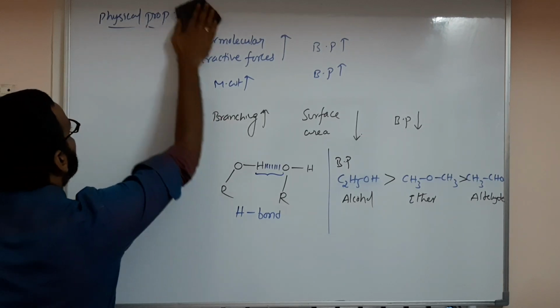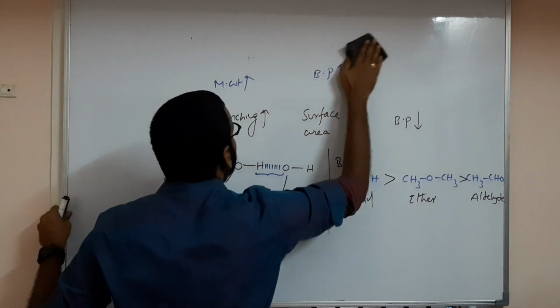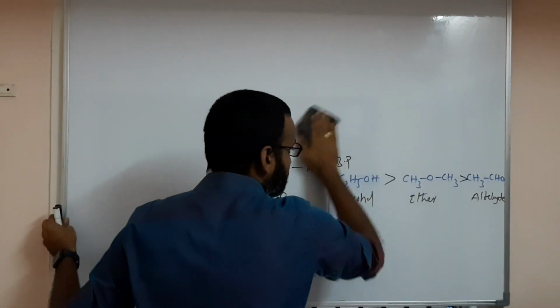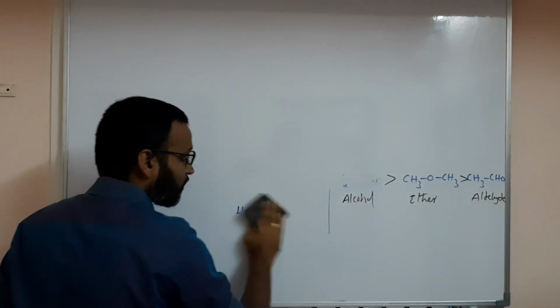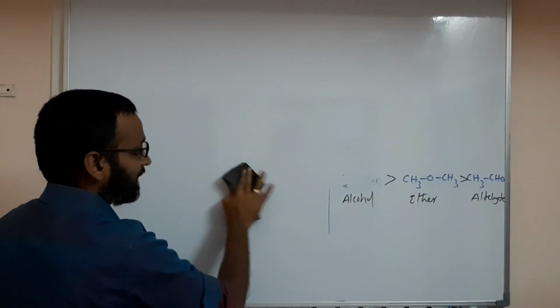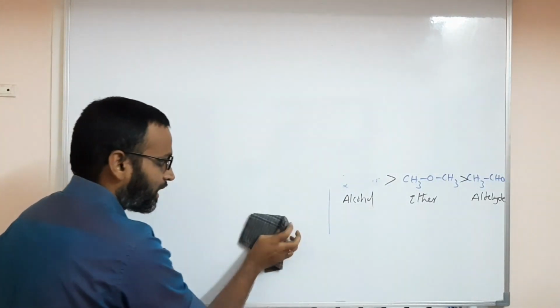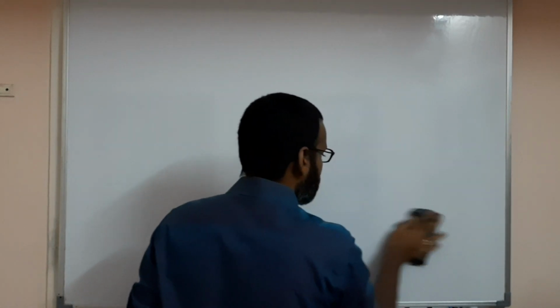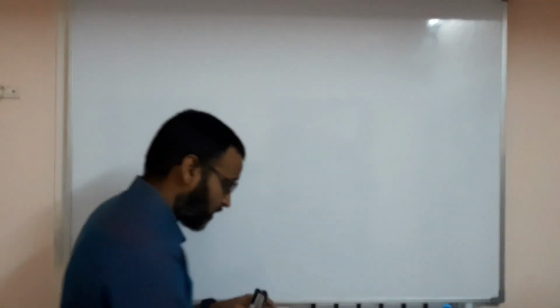Physical properties. Next we have to discuss chemical properties. Alcohols undergo 2 types of chemical reactions. How many types of chemical reactions? 2 types. One is the reactions involving OH bond cleavage, and the second one is reactions involving CO bond cleavage. So 2 reactions happening. First we have to discuss